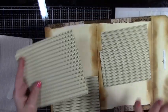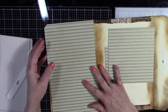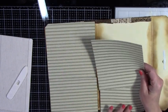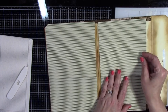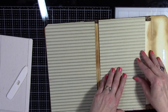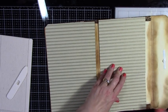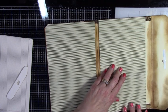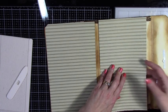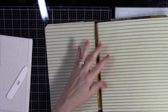So I am going to ink these up, and I'm not going to bore you with that. And I'm going to get this one down, and let's see if I do this one. Yeah, dummy. Well, I wouldn't have been able to do this one anyway. So then I will use this other sheet and